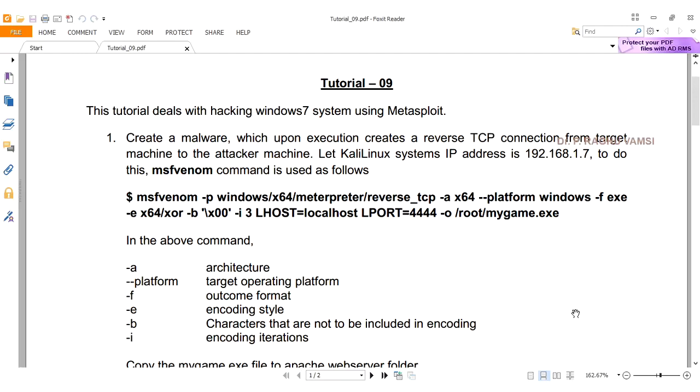Whenever he clicks, this particular executable will be downloaded onto the target computer. Or by sending personal invitations or gift kinds of messages, whenever the user clicks, that executable will be downloaded on the machine. This is the way you can inject this executable onto the target computer.